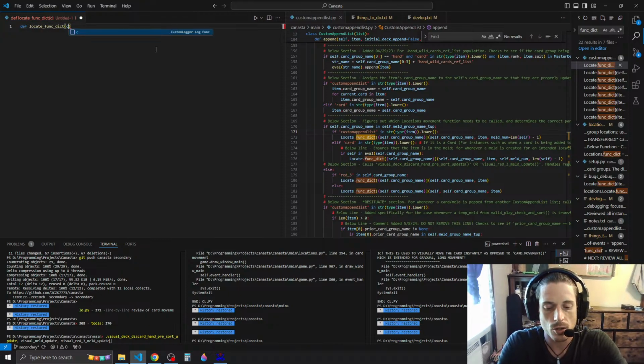So we need card group name. Well, that gets used twice, so we only need to pass it once. It actually gets used again as the first